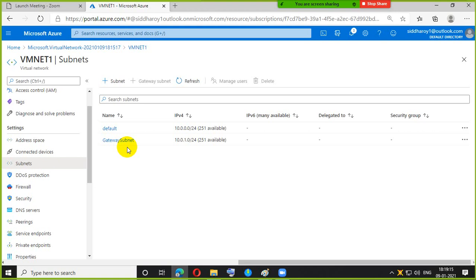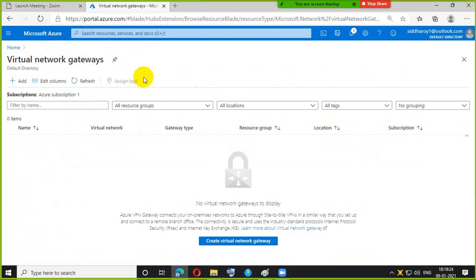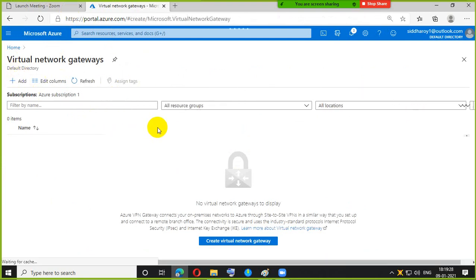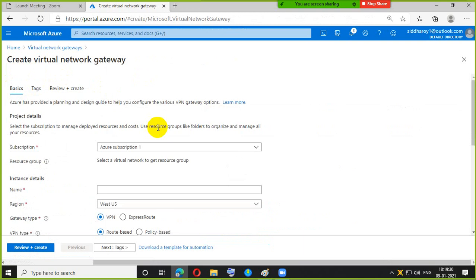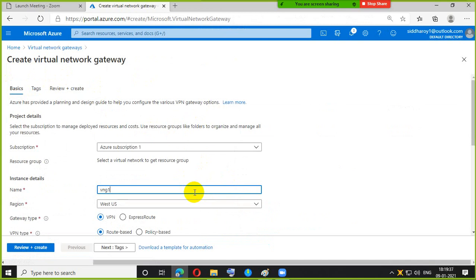For that, I'm going to go to the home page, virtual network gateway. So add gateway, VNG1, VPN.